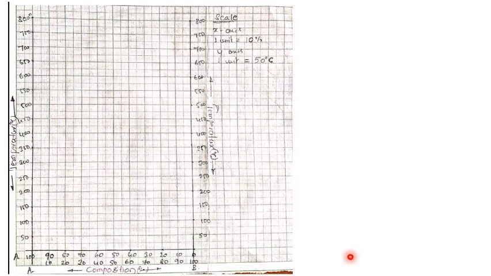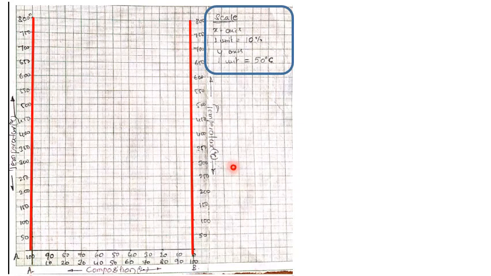First, we are going to take one line to the left, that is the temperature, and we will take 10% as 1 unit. Choosing the right scale is very important. On the x-axis, 1 unit is equal to 10%. If this is 100% A, then 90, 80, 70, 60 like that, and in the reverse way this is 100% B, where we take 100, 90, 80 up to 0. The 100% A corresponds to the melting point of A on this line, and the melting point of B will come on this line.